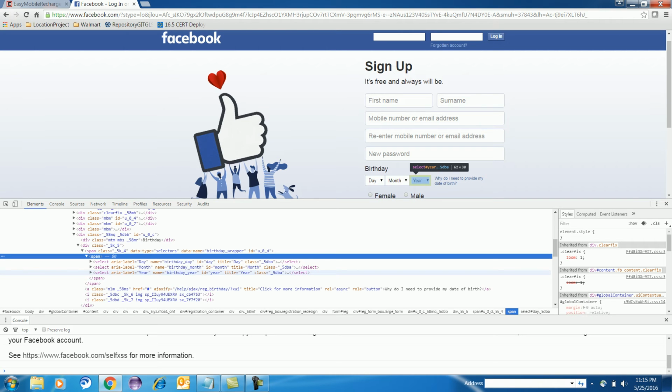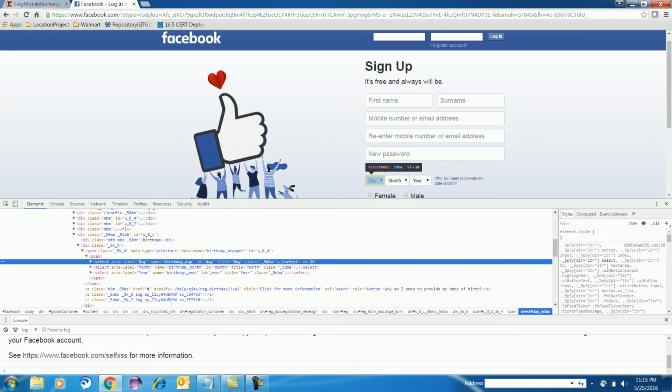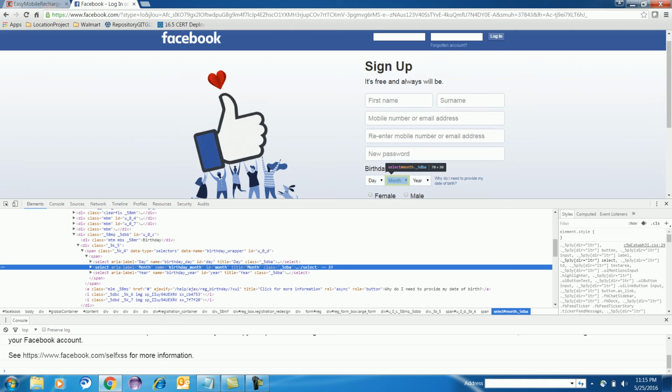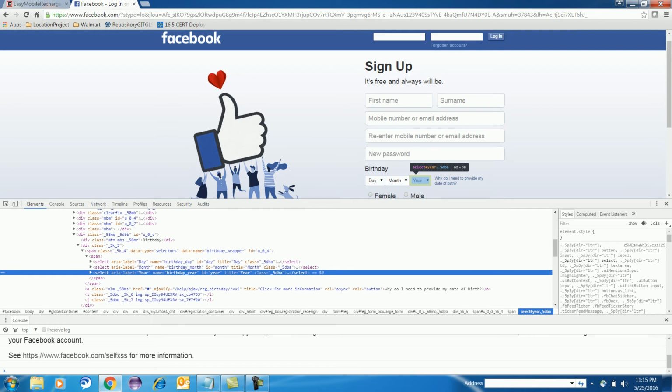Now, as I already told you, who is the first kid of the span? Select. Who is the elder brother? Select of type day. Then the second kid is select of type month, and the third is select of type year.